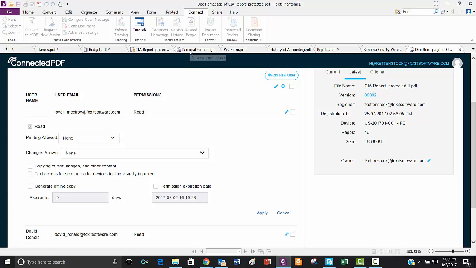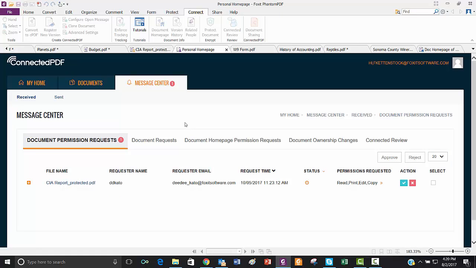And so you can do that. An end user can, when they try to open the document, it'll say, hey, it's protected. Would you like access? And they can fill out a form basically right in the document, and I, as the author, will get a message that says, here's Dee Dee, here's the document that she wants access for, here's the permissions that she requested, and I can either approve that or I can reject it. And so very easy to request permissions, and then as an author you can decide whether you want to grant